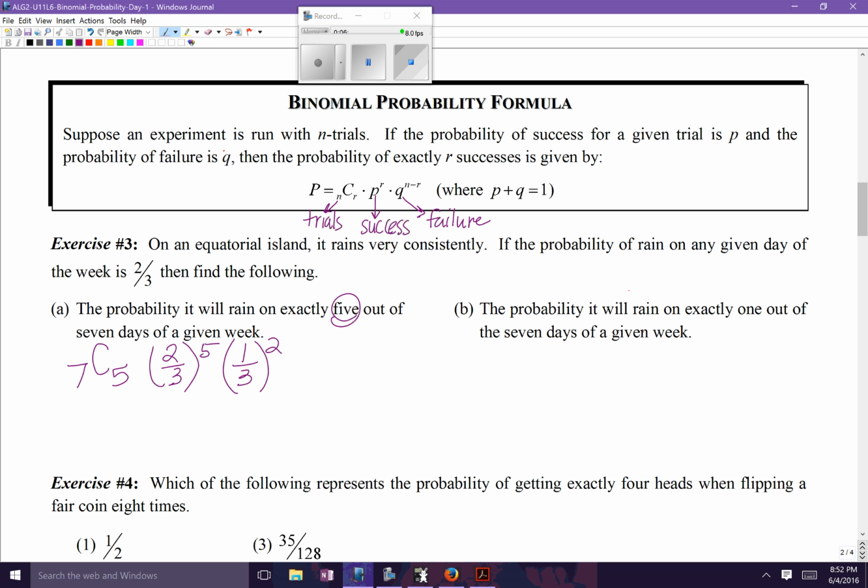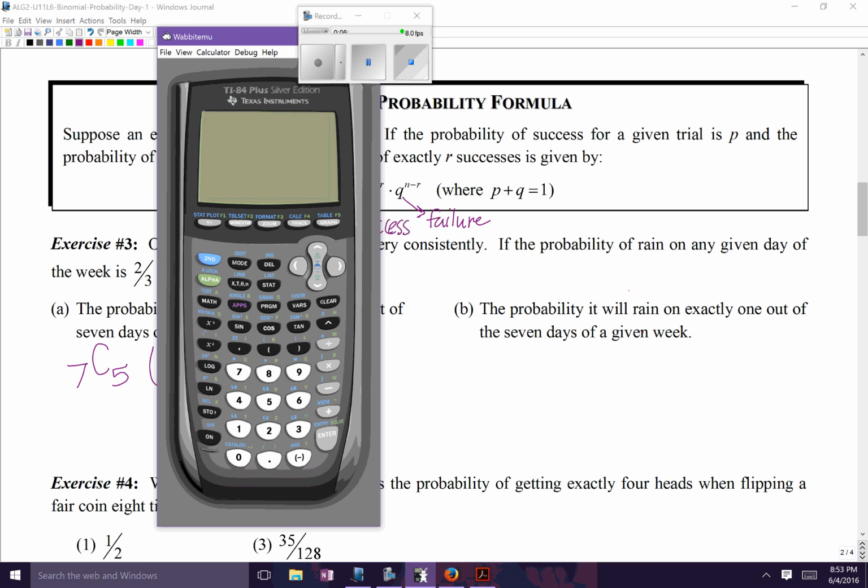So now you're going to put this in your calculator. Cross your fingers. I hope my calculator is going to work. All right. So you're going to go ahead, turn your calculator on. You're going to hit math. You're going to go over to PRB, and we want this one, choice 3, nCr. So it looks like my calculator here has the old operating system, so I'm just going to have to do it slightly different than you might have to do in class. Math, PRB, and that was choice 3, nCr, and I want choice 5, and I'm going to hit enter. So that gives me a value of 21, so now I'm going to multiply that value by